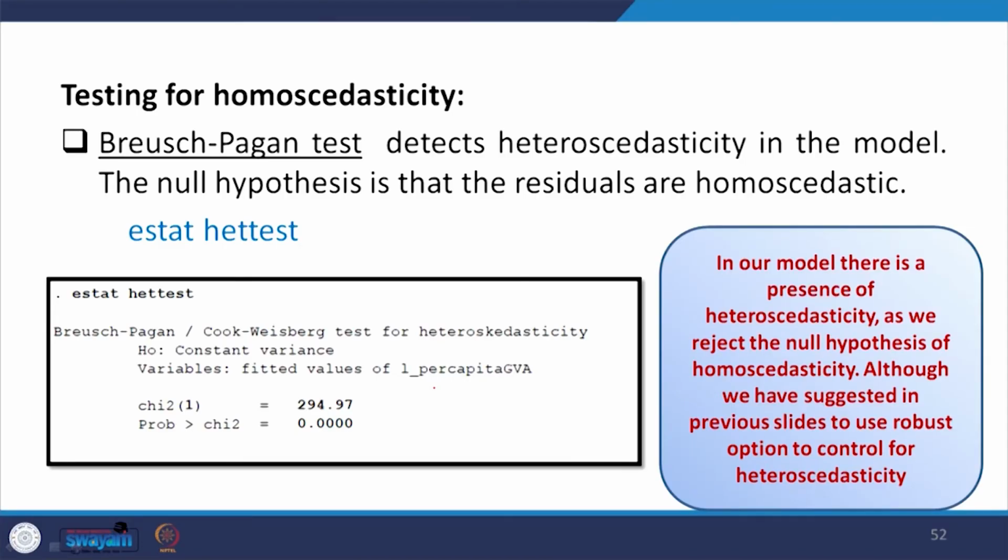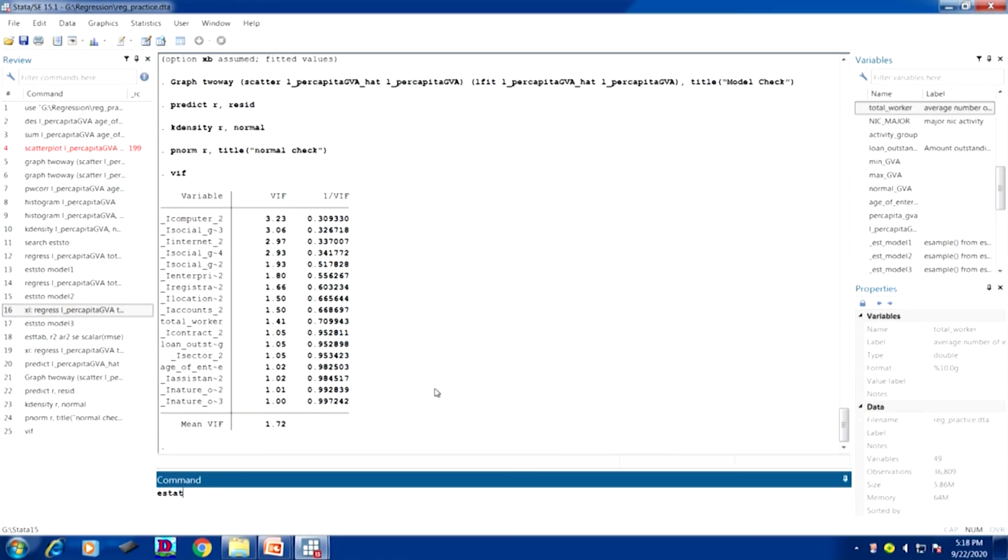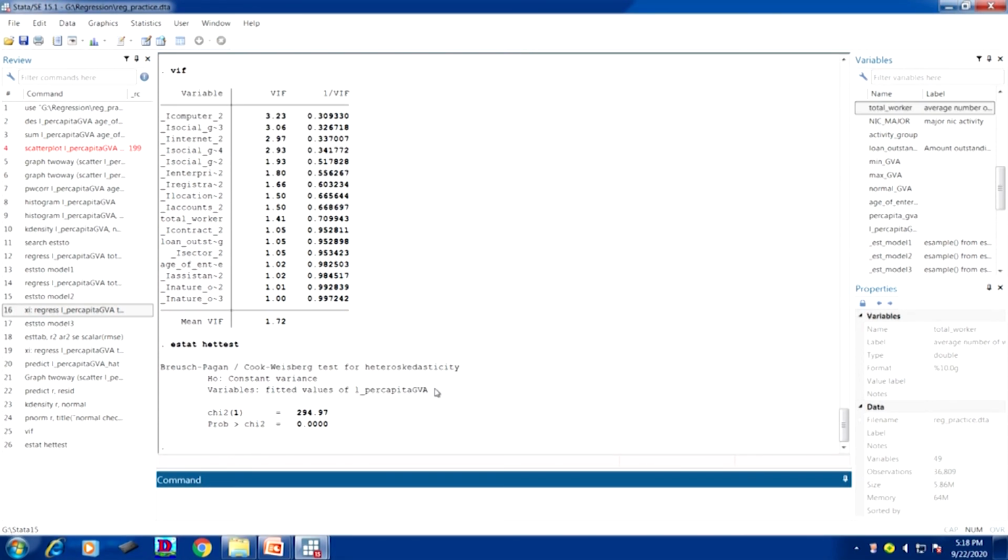But our assumption is that there should be homoscedasticity. So, the estat hettest command is going to give us the interpretation.